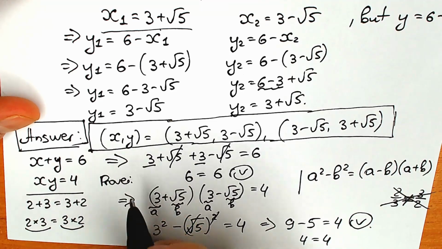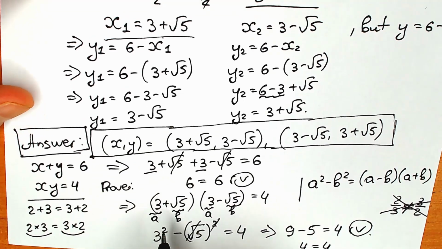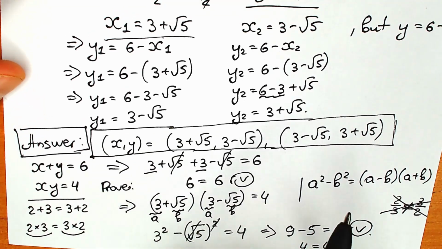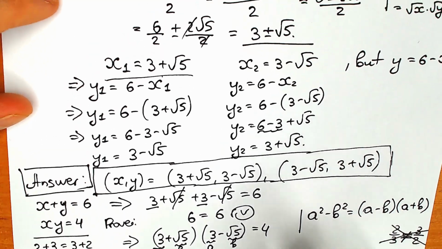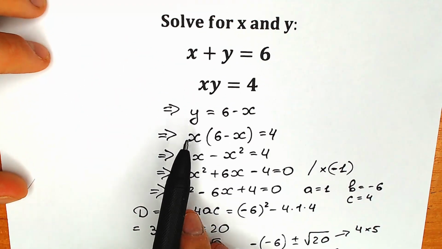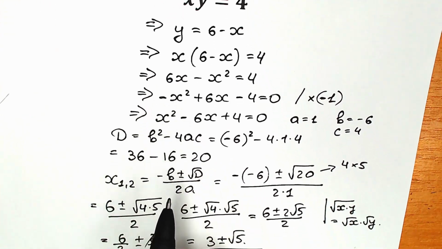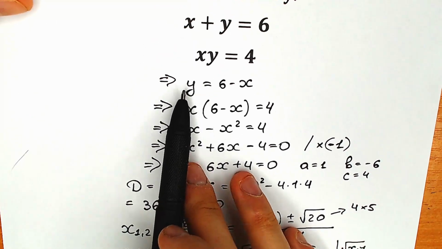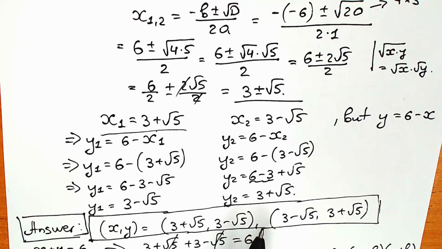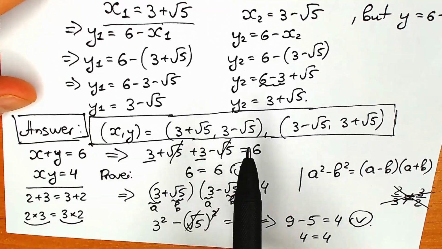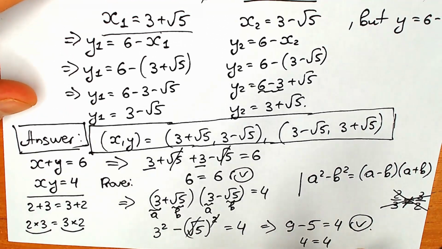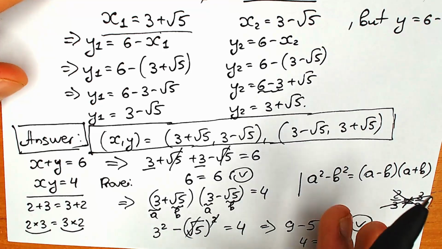So I really hope you enjoyed this video. I really hope you understand my explanation. This question is not that hard, to be honest. This is a basic algebra thing, because we just express y, we plug it in, and we solve the quadratic equation. Then we go back to our substitution, y equal to 6 minus x, and then we find our two pairs. So it's not that hard, to be honest, but maybe a lot of students want to see this